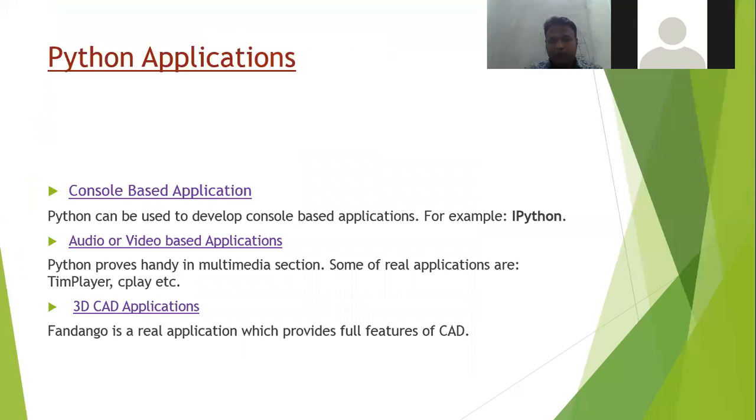So Python applications: one is the console based application. Console based application means you can design the